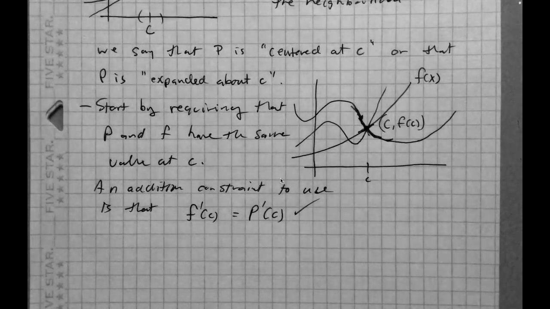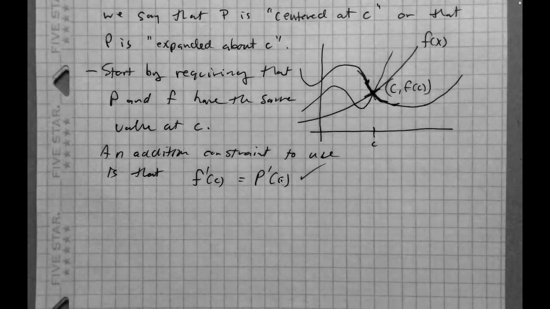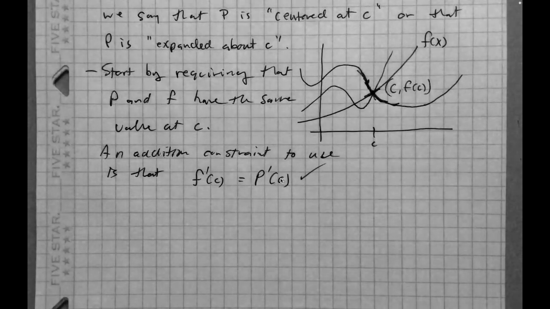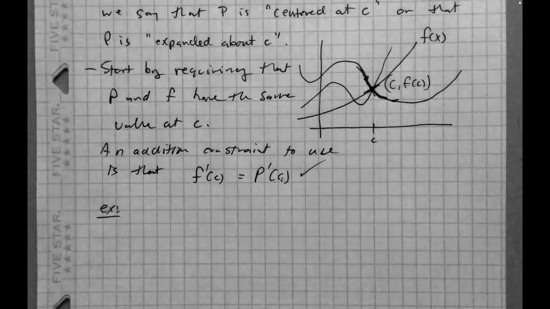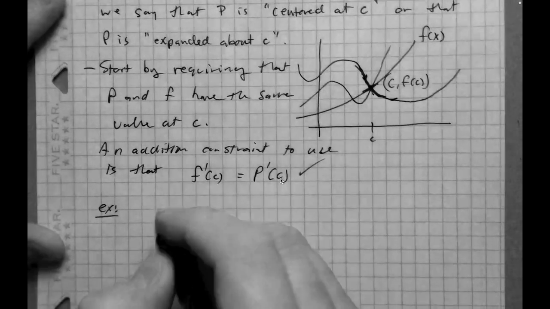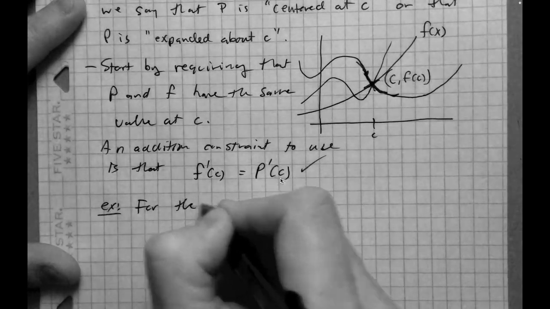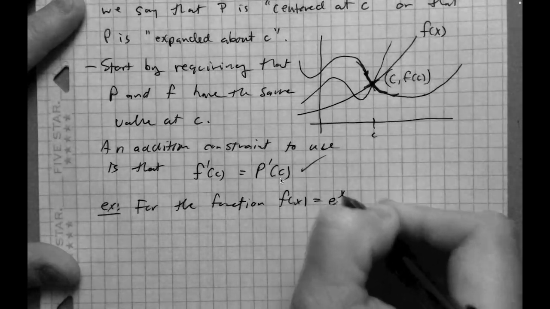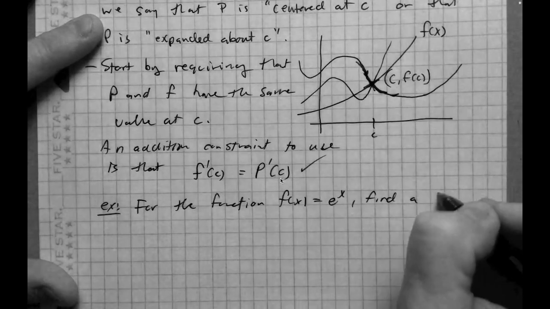Okay. So let's pull out a specific example and work through how we might generate this P for a specific function and a specific value of C. And so for this one, we're going to start where, basically anytime anybody learns about Taylor polynomials, we almost always start, with the example of the exponential function. So for the function f of x equals e to the x, what we want to do is find a first degree